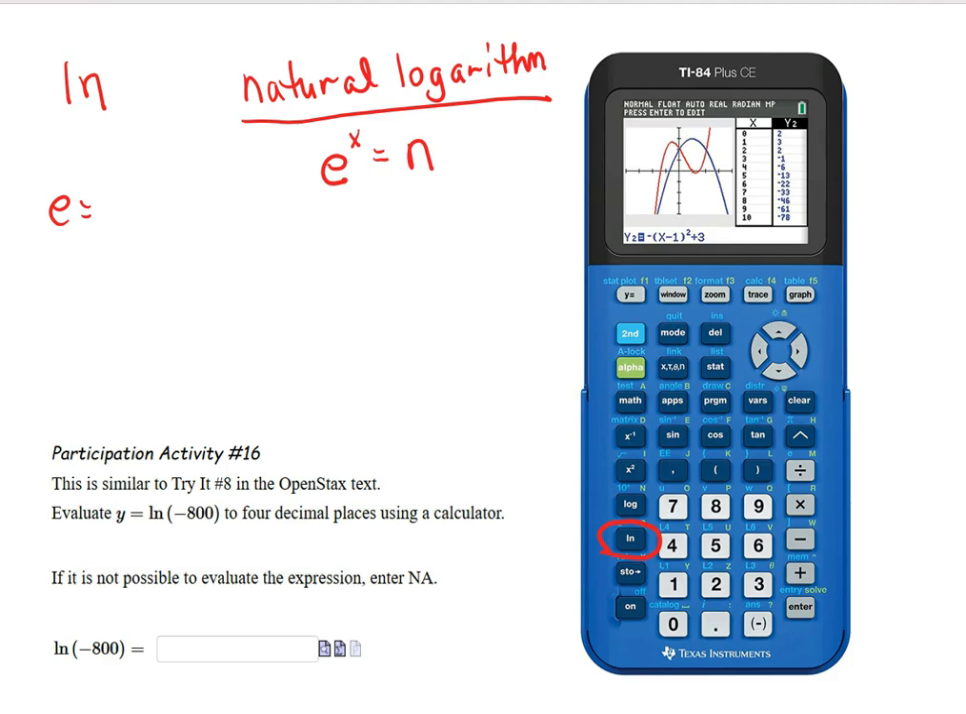e is actually a numerical number. It's 2.7128, I think. I can't remember exactly. But it was discovered by a mathematician by the last name of Euler, although his name is actually spelled like